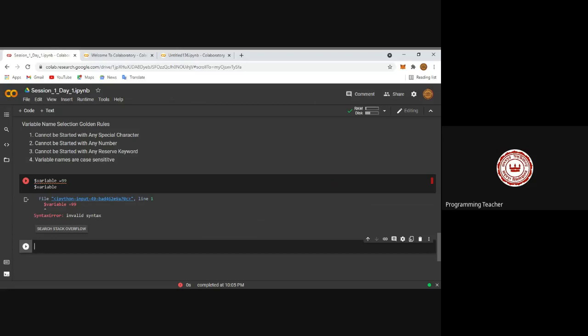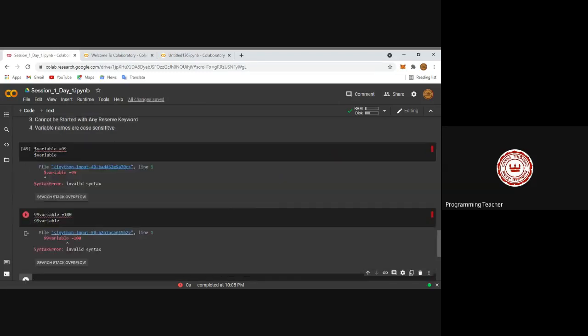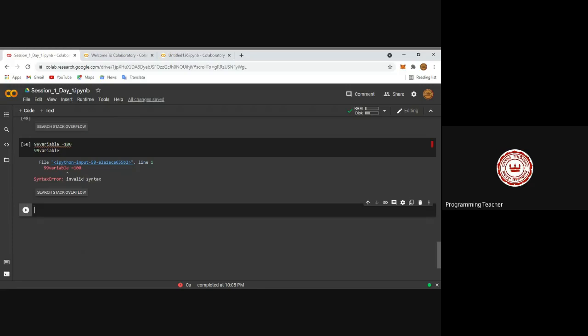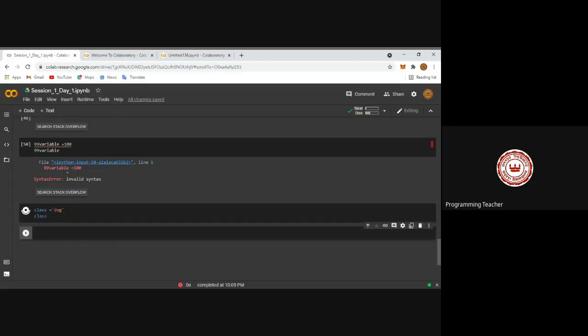What about number point? 99 variable equal to 100. So 99 variable, same, you are getting error in this case also. What about the reserve keyword? I would like to use a reserve keyword, that is class equal to dog. If you try to run it, then you will get error too.